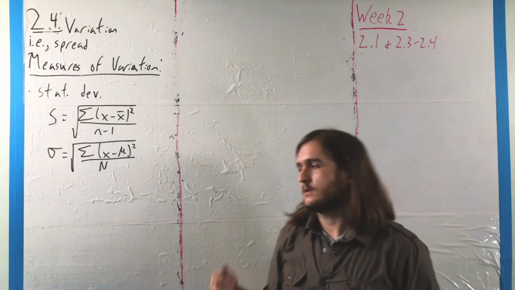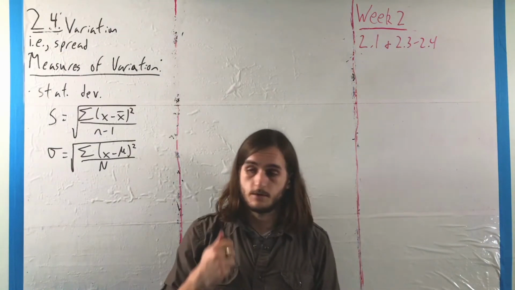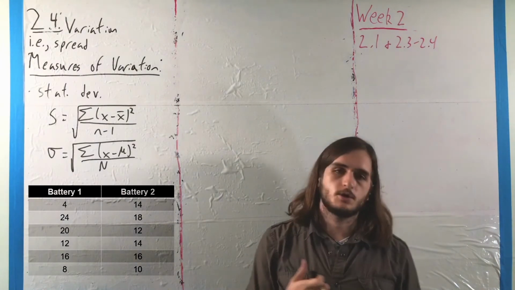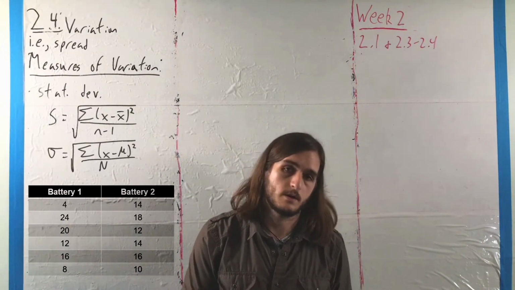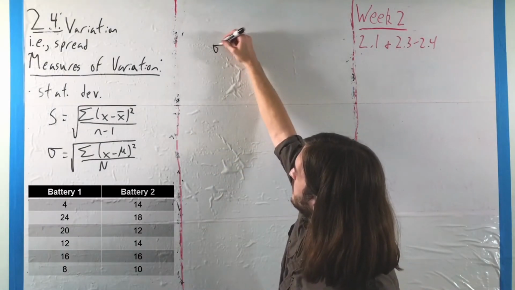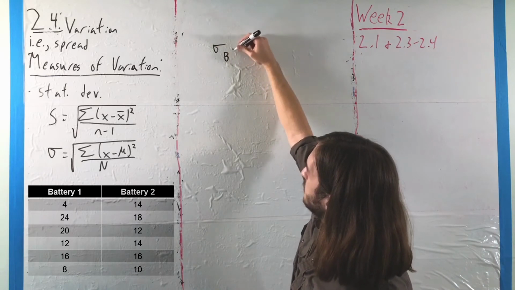And if you want to think about this stuff in the context of those batteries from earlier, what we can do is run these computations where, like I said, I recommend running them in the calculator rather than by hand, not least of which because the calculator will give you some other useful information along the way. But long and short of it is here that using the calculator, we will get standard deviations of sigma B1 for the first battery